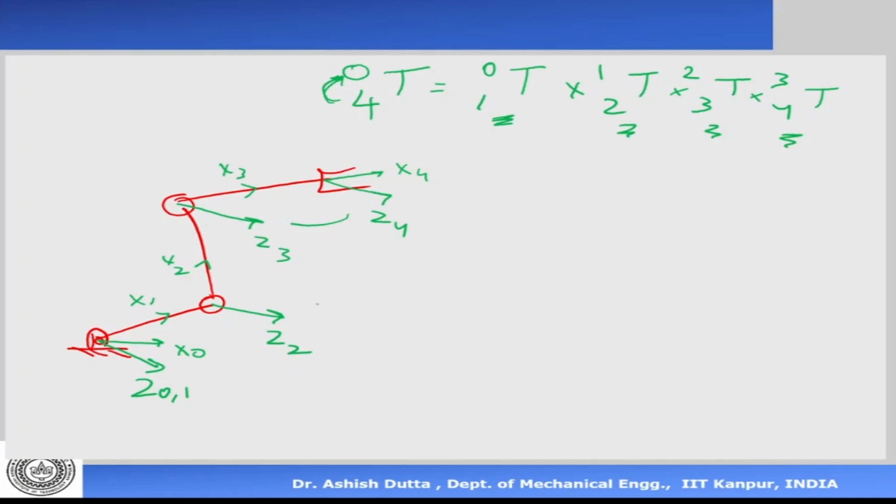We can go from any frame to any other frame. Here I've gone from the end effector to the base frame. The base frame is not moving, so we need to express that in the base frame. Okay, so now I hope you understand the requirement for the homogeneous transformation matrix. Now let me try and explain a little more why this is required.